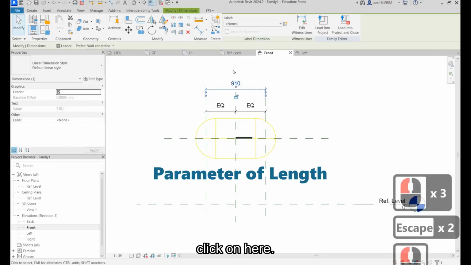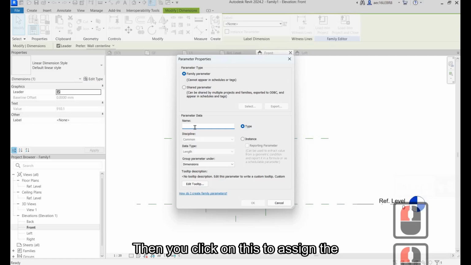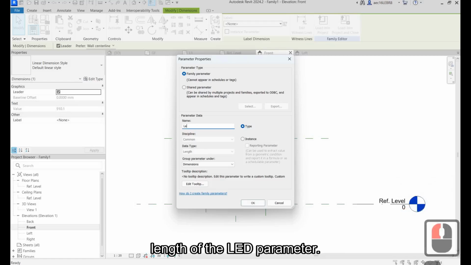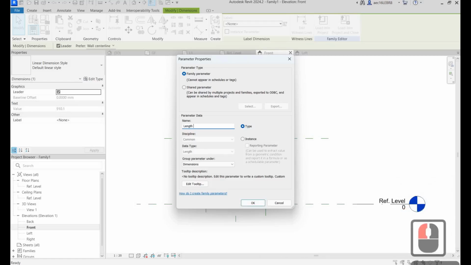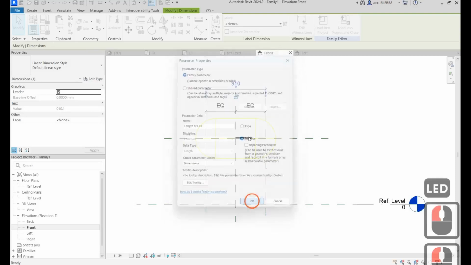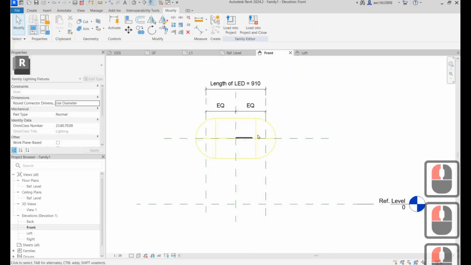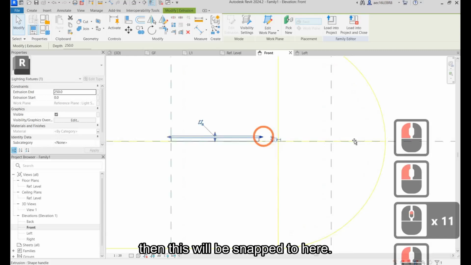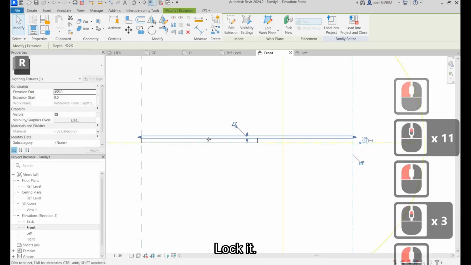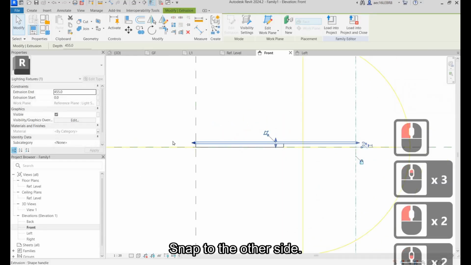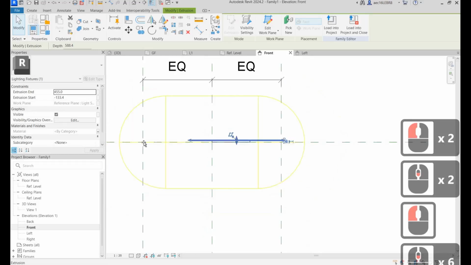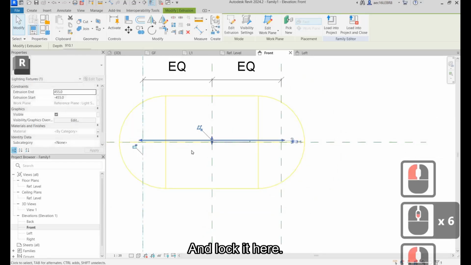Okay, click on here, then you click on this to assign the length of the LED parameter. Okay, then this will be snapped to here. Lock it. Snap to the other side and lock it here.